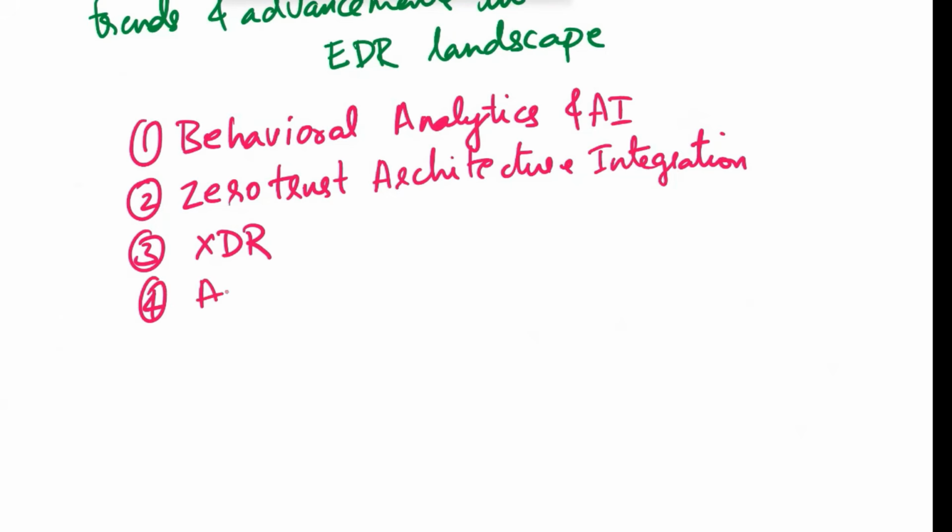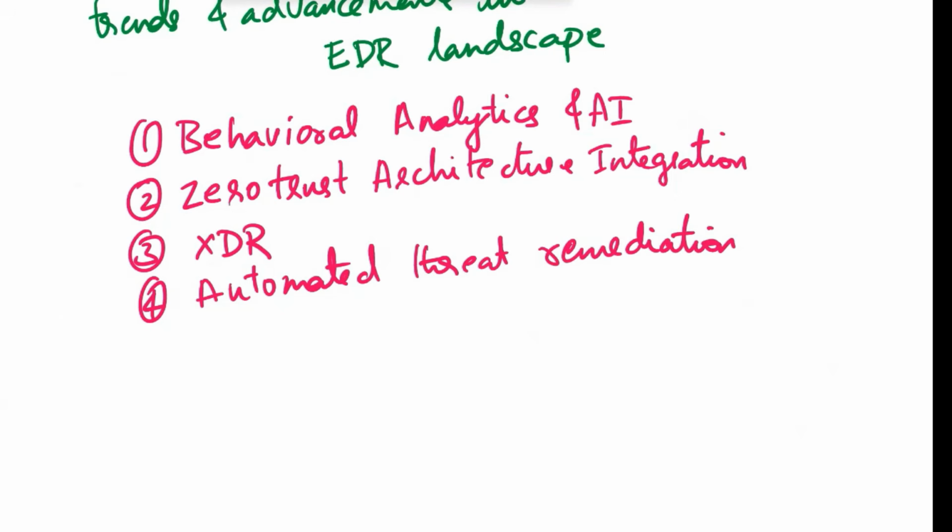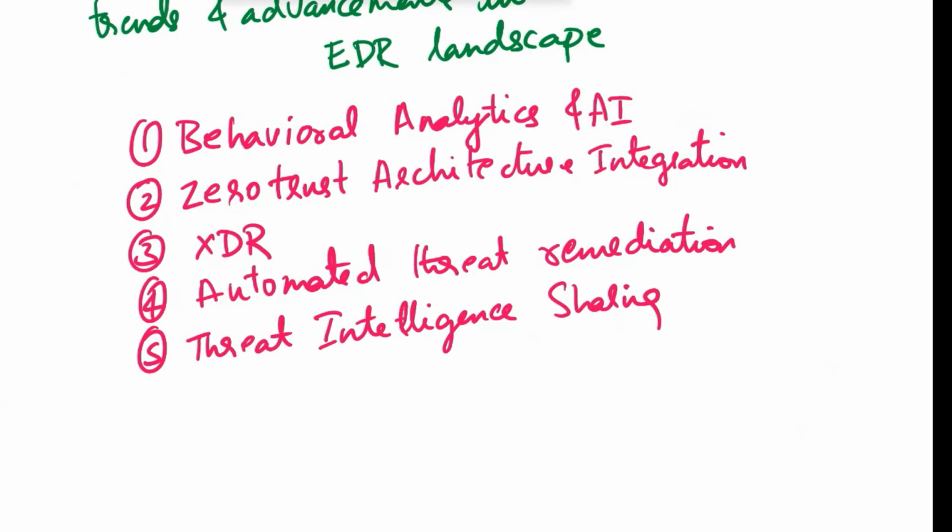Another advancement is automated threat remediation. EDR systems will become more capable of automating threat remediation actions based on predefined playbooks and policies. Automated response actions will help organizations mitigate threats faster, especially in the face of widespread attacks. Another one is threat intelligence sharing. EDR solutions will continue to support threat intelligence sharing between organizations, allowing them to collaborate on identifying and responding to emerging threats more effectively. This will contribute to a stronger collective defense